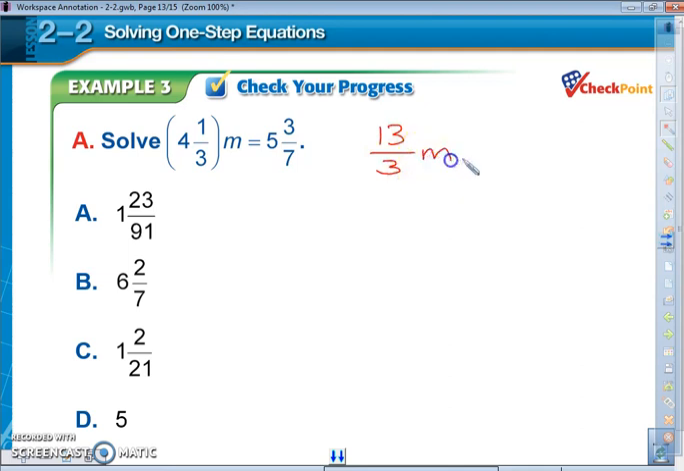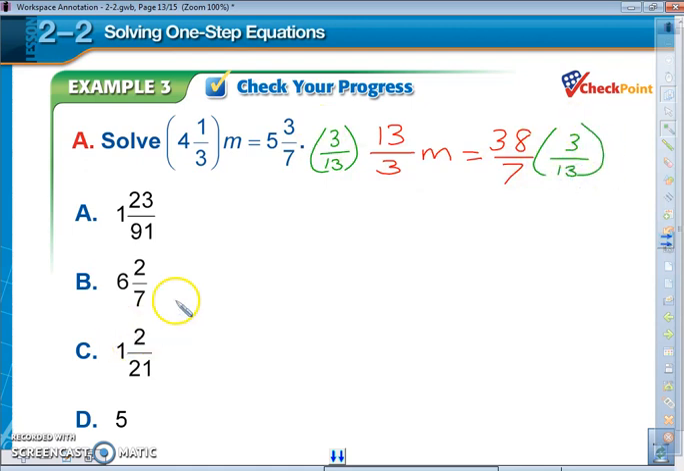13/3 m equals 35, 36, 37, 38. 38 over 7. Now, on this side over here, I'm going to multiply by the inverse, 3 over 13. And over here, I'm going to multiply 3 over 13. All right, so figure this out here. 8 times 3 is 24. 2. I got 111 over